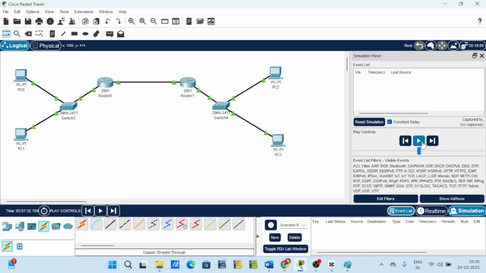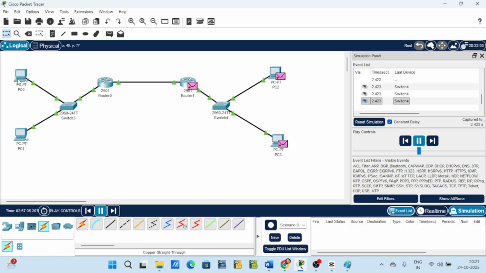If I switch on the simulator, what we will see is the switches and the routers will try to configure in this fashion as seen in the simulator, and it will keep continuously doing it. Now we will ping PC2 from